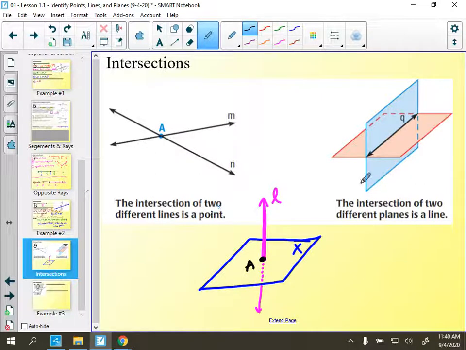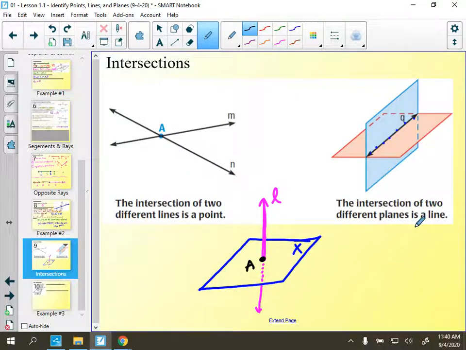Okay. This one's tough to visualize. Well, I guess the picture isn't too bad, but you still got to kind of picture both of these planes extending forever in both directions. So it's hard. I can't really name these. We can just call it the red plane and the blue plane, but they're intersecting. Okay, and they're intersecting at every single point along this area, which we've kind of decided to call line Q. So the big takeaway is that anytime a plane and a plane intersect, their intersection would be described as a